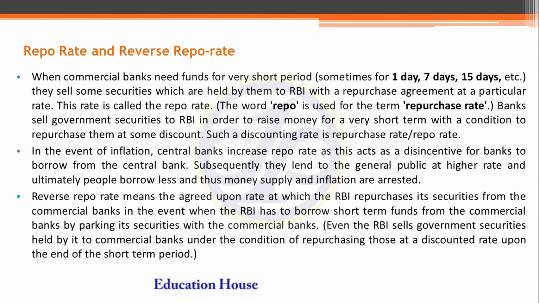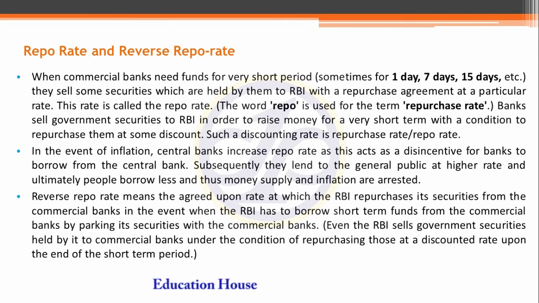As per the basic example, when inflation is going on in the market, it means the supply of money is higher. At that time, Reserve Bank of India raises the repo rate, so commercial banks get loans from RBI for a short term period at a high rate of interest, meaning the repo rate. If commercial banks get higher rate of interest loans, then it will also be passed to the public at a high rate of interest. So people are not ready to get loans. So automatically the supply of money is controlled.